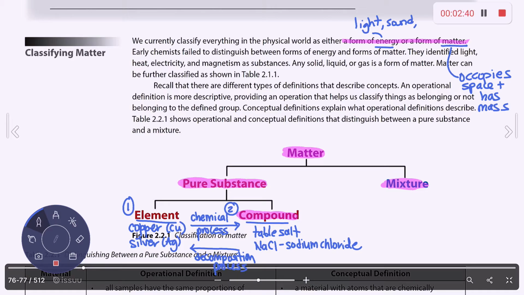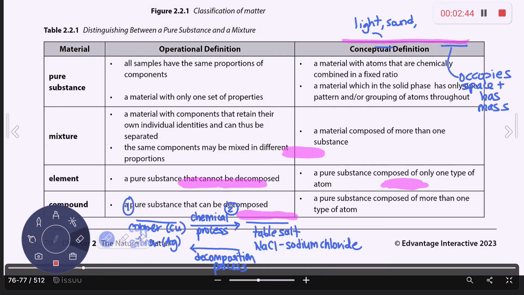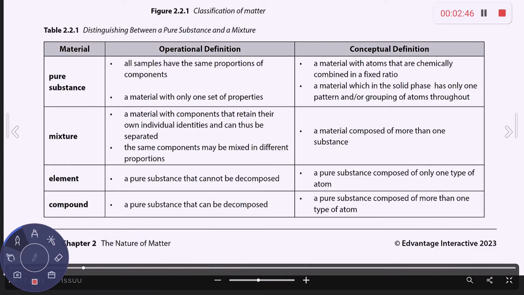Now, if we take a look at the table here, the table goes over some more details about these things. So if you take a look at a pure substance first, anytime you're looking at a pure substance, there will be one set of properties. That means there would be like one melting point, one boiling point, one density, okay? And then if you take a look at a mixture,